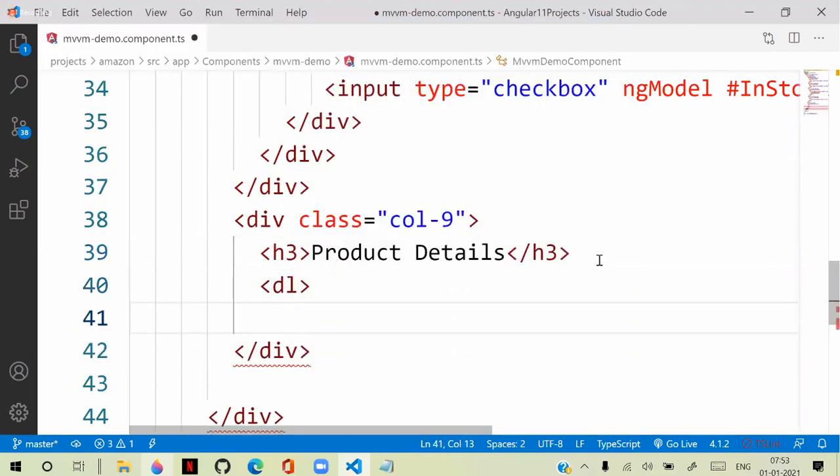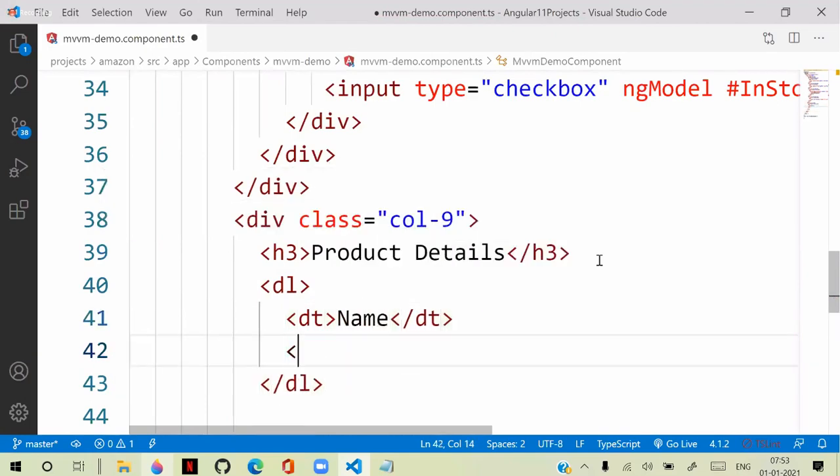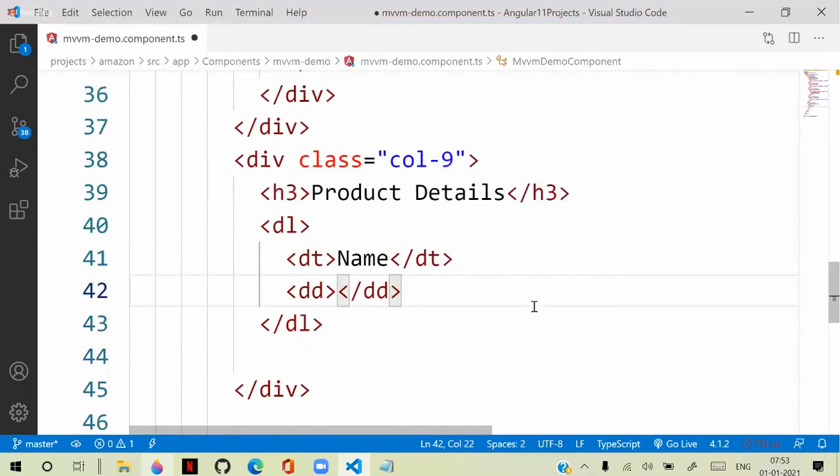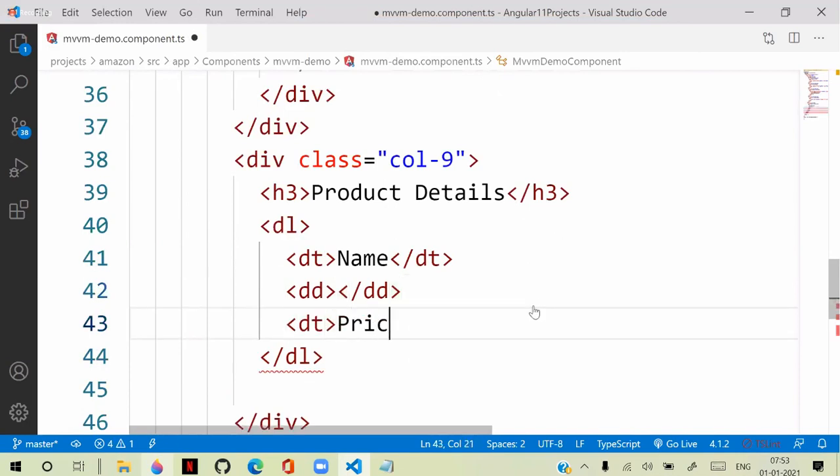Temporarily, I'm just using a data list. In the data list, we have a data term, so name, and the data definition. Here we want to display the name. Another data term, price, and data definition, we want the price.